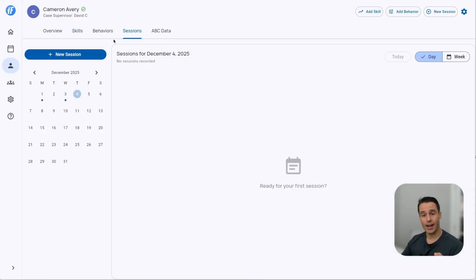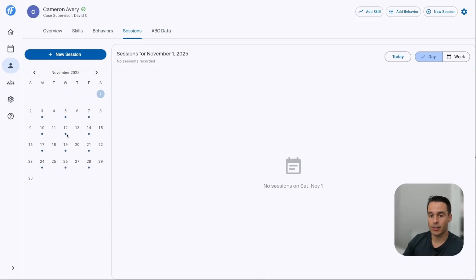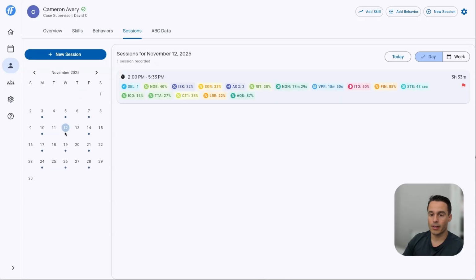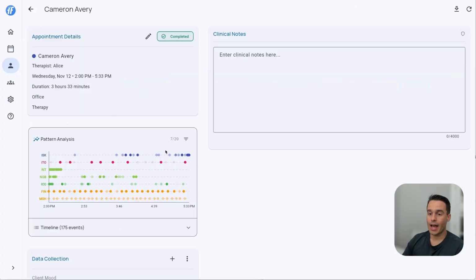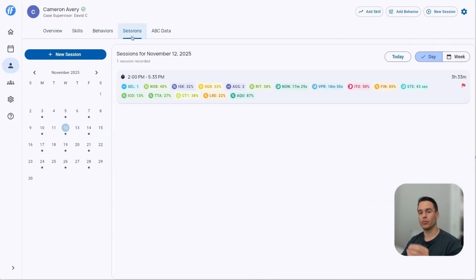You can also, from the client dashboard, go into each individual session, and you have a quick way of going into any of the sessions by using the calendar. So let's say that I want to see a session that happened a few weeks ago. So I can go back to November, let's say, for example, the 12th, and I can immediately go and see the details for this particular session. I'm going to be covering the session details in a future video,